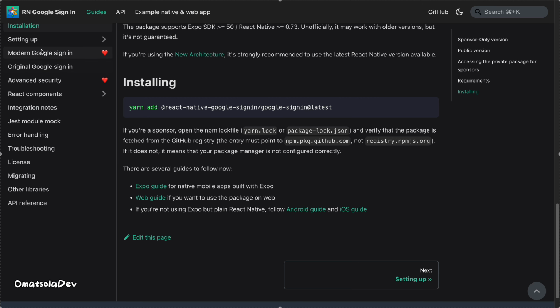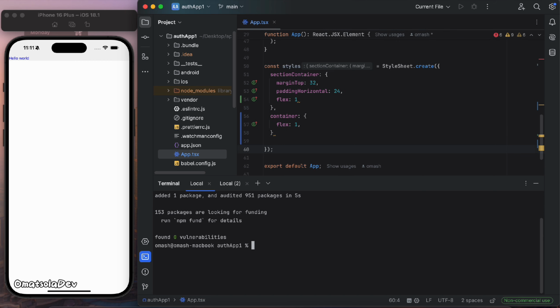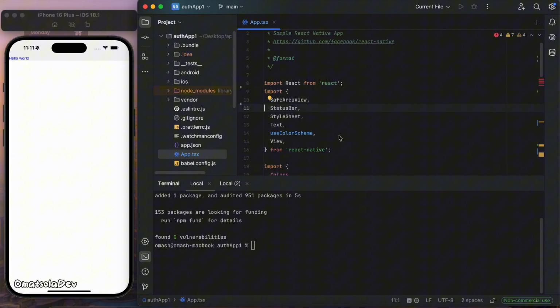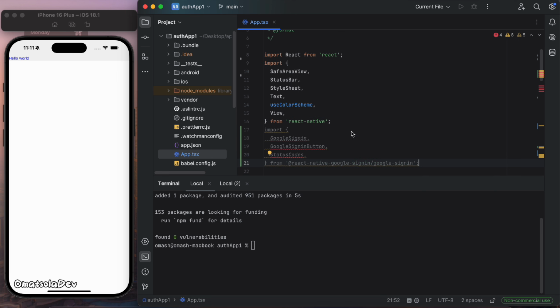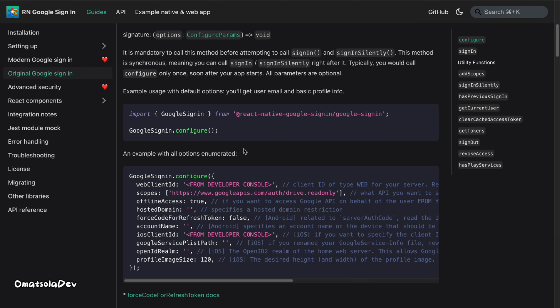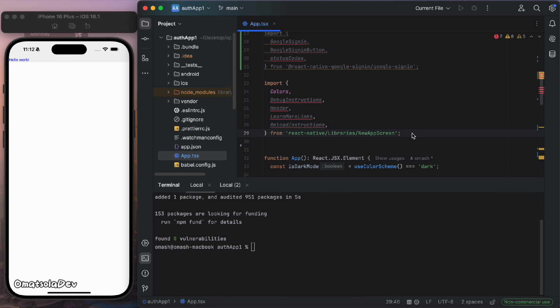So next we can come here and go to original Google sign-in and grab some of these things, like to import these things. And because we'll be doing this feature in our app.tsx file, we'll just be doing everything here. And so we're going to import this stuff from the React Native Google Sign-in package. Also, we'll scroll down a little bit here and we'll copy all of this stuff. We'll just copy it so we can paste it also in our app.tsx file. We'll just paste that here,